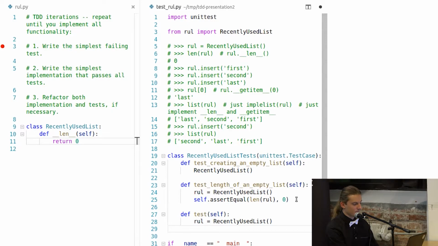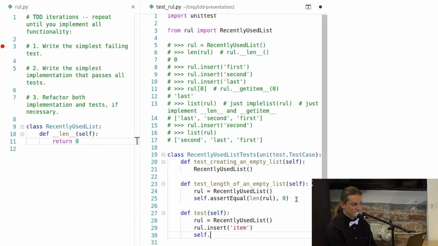Insert method. Okay, so we insert something. And now, what do we actually test for? The length increased by 1, by the amount of items that were inserted.